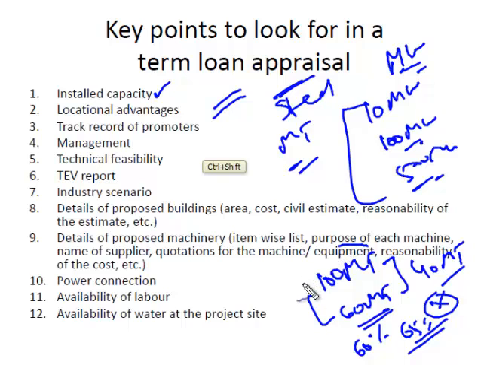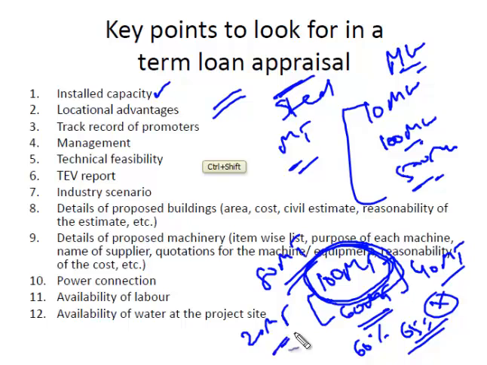This company, because a lot of cost has gone into constructing this 100 tons plant. Maybe it would have been sufficient if you had constructed an 80 tons plant. So there was 20 tons of additional cost that has gone into constructing this plant, which you are not utilizing. So that is one of the points you need to keep in mind. So installed capacity has got to do with the demand. See, ultimately what is the demand you're expecting, what is the production you're planning to achieve. Okay,